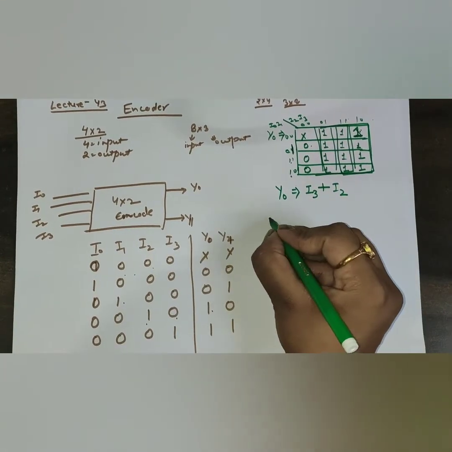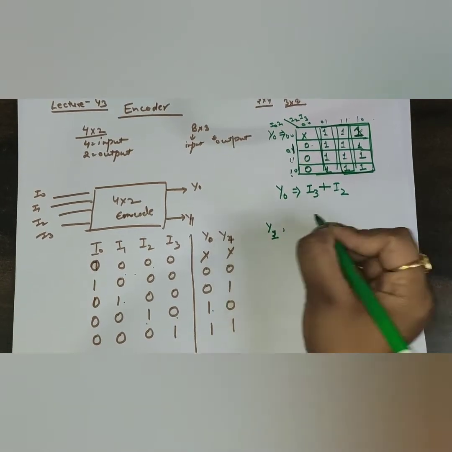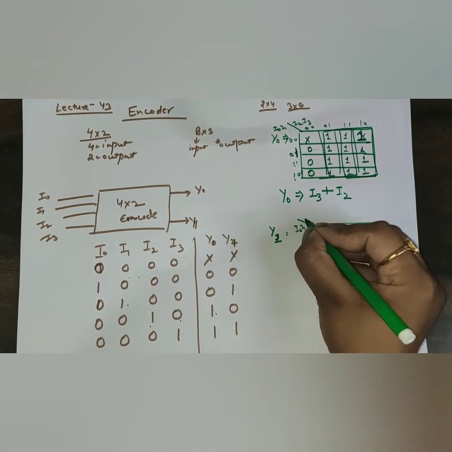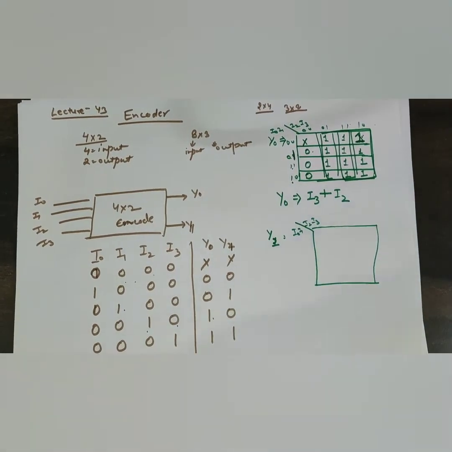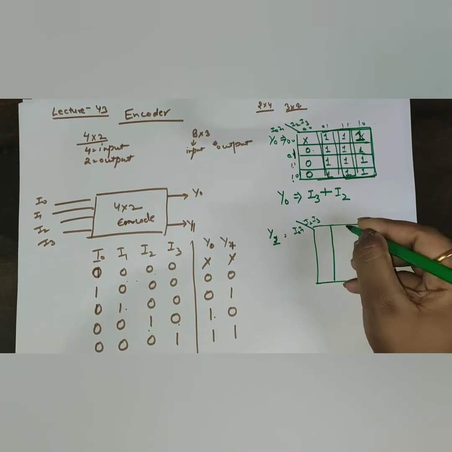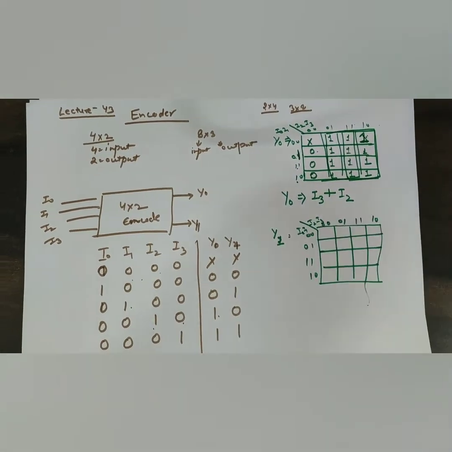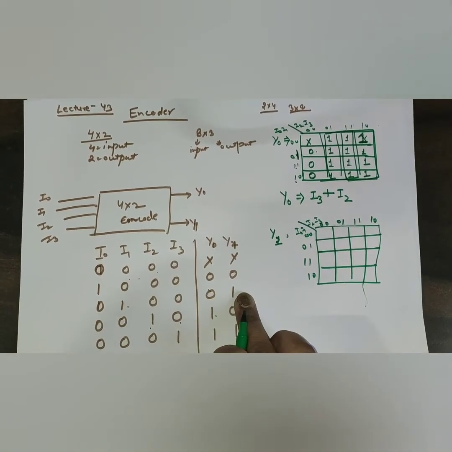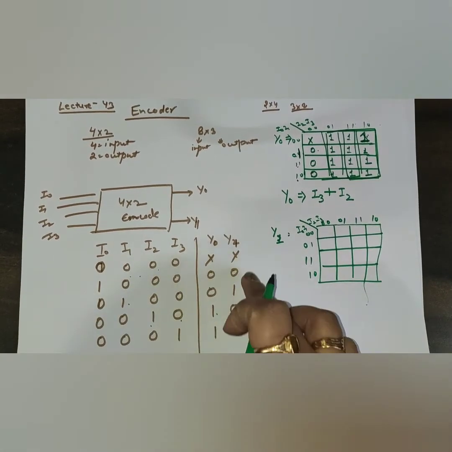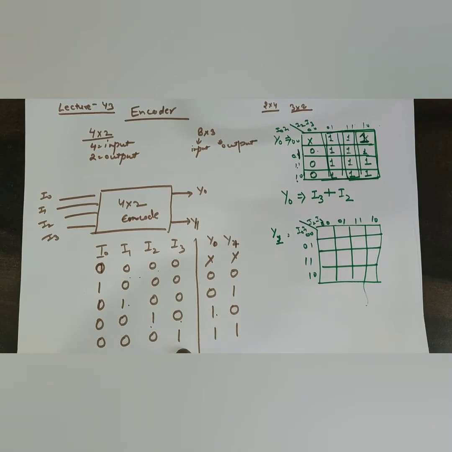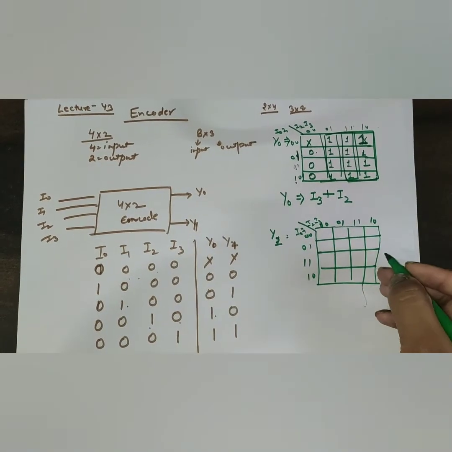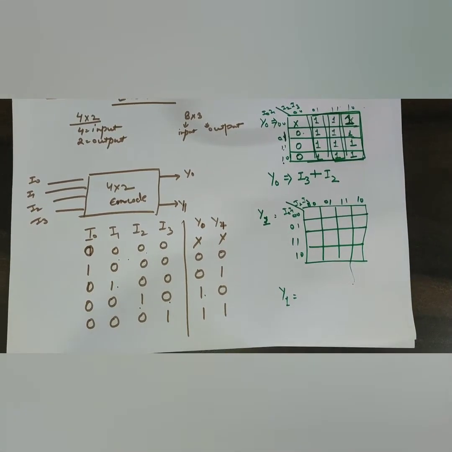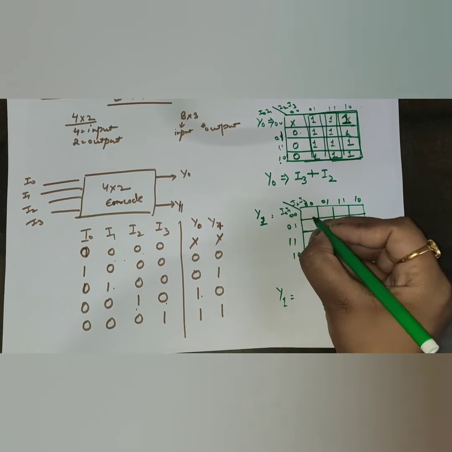Now we will make a K-map for Y1. So how can we make the K-map for I1, I0, I1, I2 and I3 here. This is a K-map for I1. So Y1 is 1 when I1 is 1, and when I3 is 1. So here you can also write it directly, but I will make the K-map to avoid confusion.